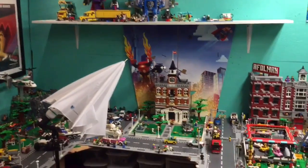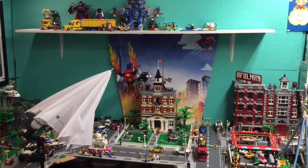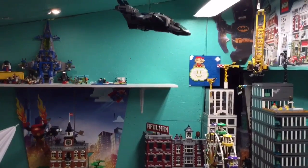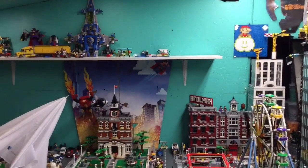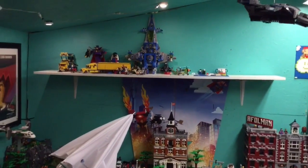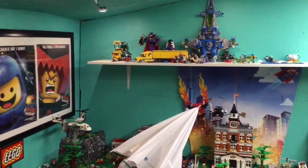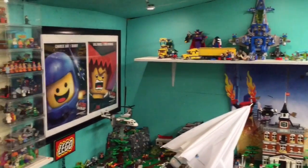And then there is the other part of that Lego movie display that I got from Mardi Gras Man. And there's a Batman fig that came with that up there too. And then I have a shelf up there, which is just kind of a mess since I just did the Lego City tour. I'll put a link to that in the cards if you want to get a close-up of